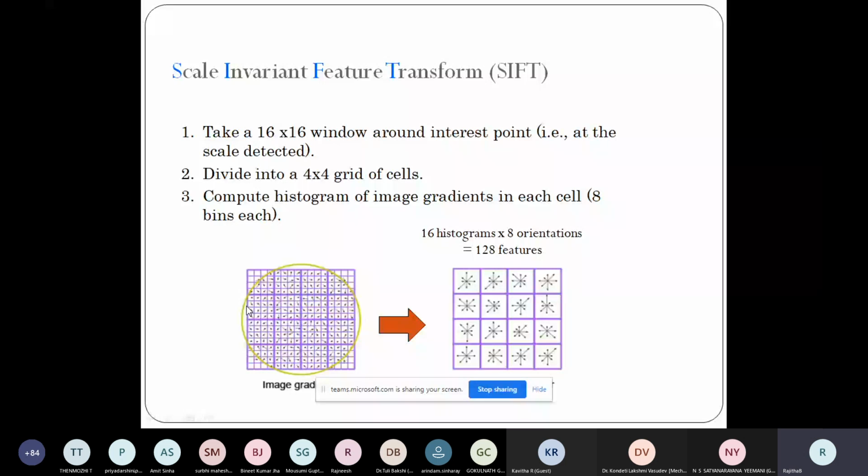Now that block is divided into 4 cross 4 grids of cells. That means the original block is of size 16 cross 16, and I further divide it into 4 cross 4 cells. So I'm talking about this cell.